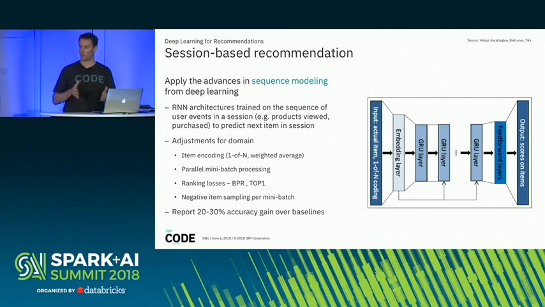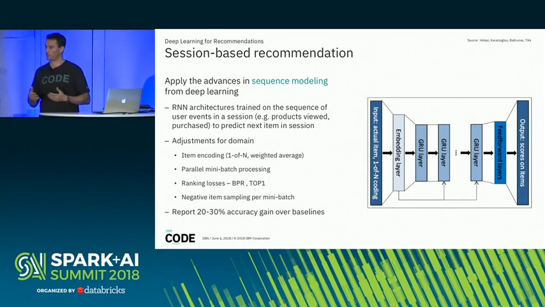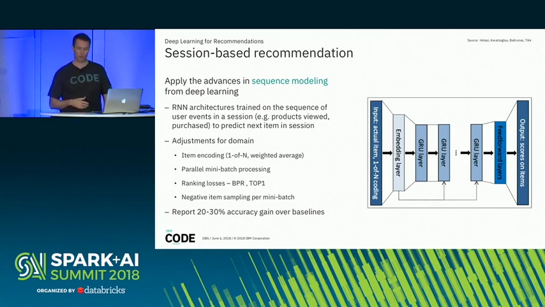So if you think about that user session as the sequence of IDs, product IDs or movie IDs or whatever the case may be, that they're interacting with, then that sequence can be thought of in much the same way as a time series or a piece of text. And we know that RNNs have been really successful in modeling these domains. So a couple of years ago, there was a paper that tried to apply these advances in sequence modeling to recommendation over user sessions. It looks very similar to your standard RNN with a bunch of GRU layers, but